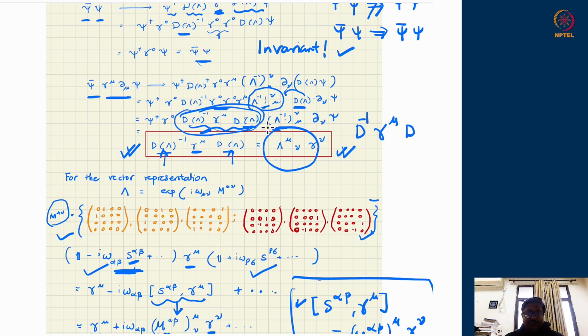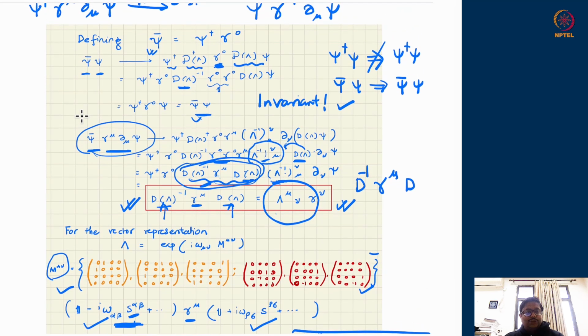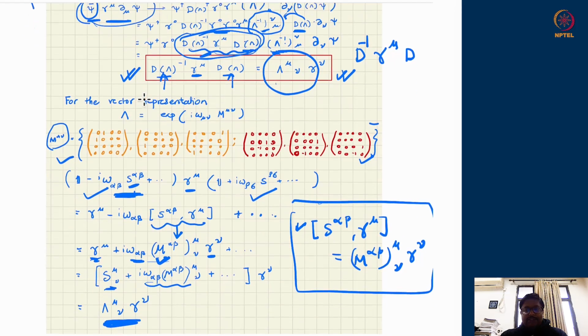They are inverses of each other, and you can prove from there that psi bar gamma mu del mu psi again is a Lorentz invariant quantity like psi bar psi. So both the pieces previously, both terms were appearing in the Lagrangian of a Dirac particle with psi dagger. Here it was psi dagger and here it was psi dagger. Those things were not Lorentz invariant, but I corrected them to psi bar rather than psi dagger, and ultimately all these things fell into place, and I have a